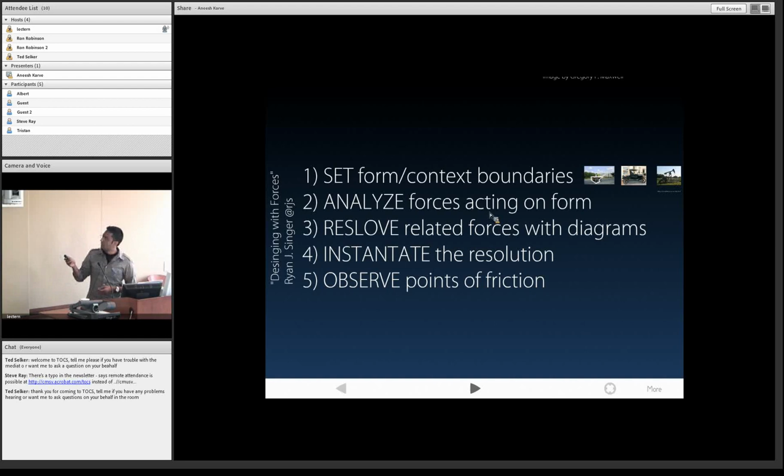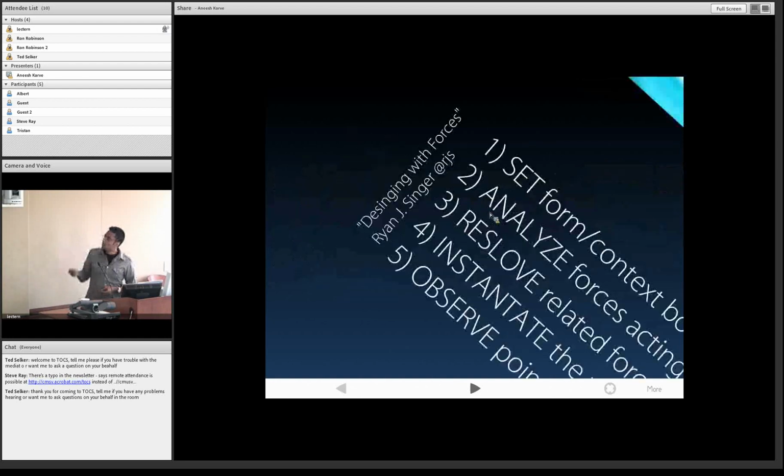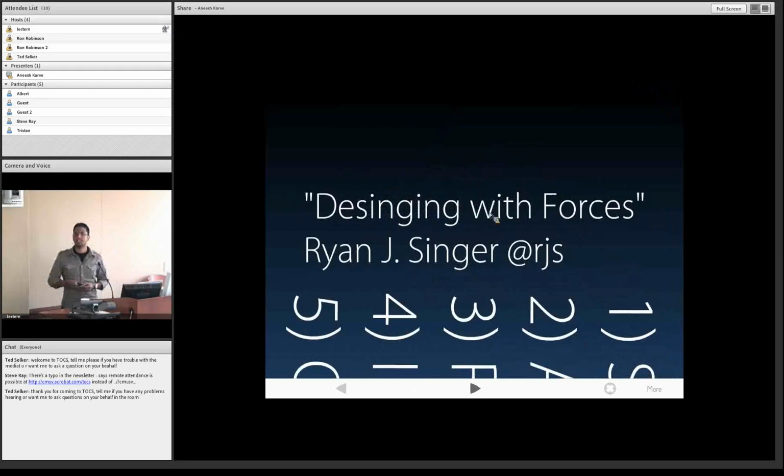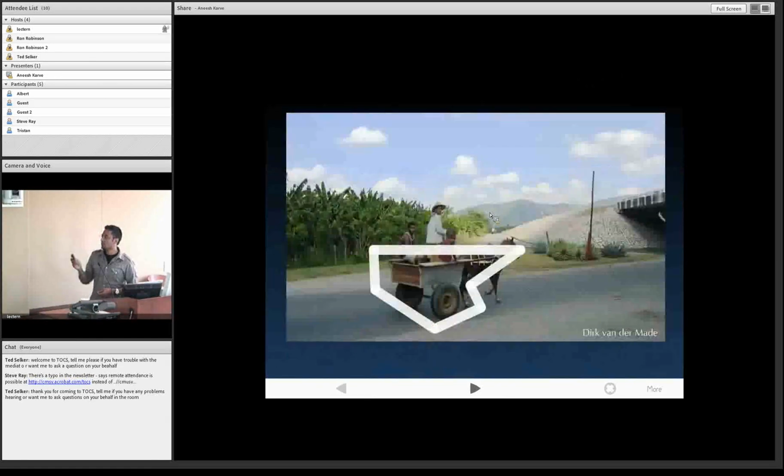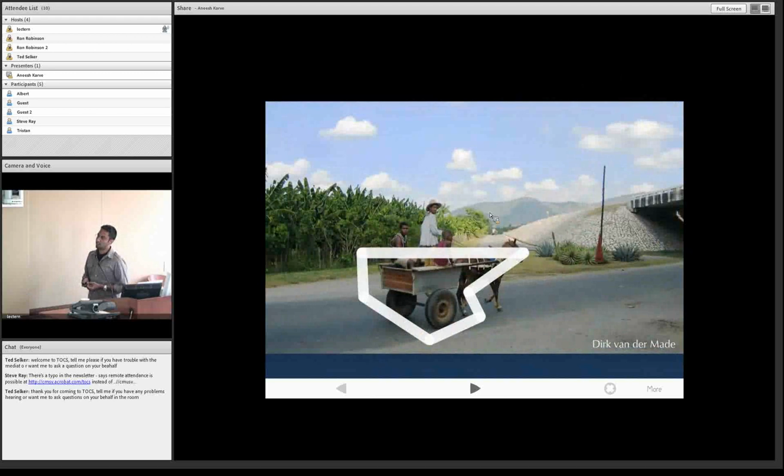So I want to talk about point number 1 for a second here. But first, I want to give credit to Ryan Singer from 37signals, who in recent memory I think has done the best job of really taking Christopher Alexander's work and making it palatable to a modern audience. All right, so the first thing is the form-context boundary. So here this line represents the boundary between the form that we're designing and the context that it has to live in. And there's a tremendous opportunity for innovation at this very first step, and I want to draw your attention to that.